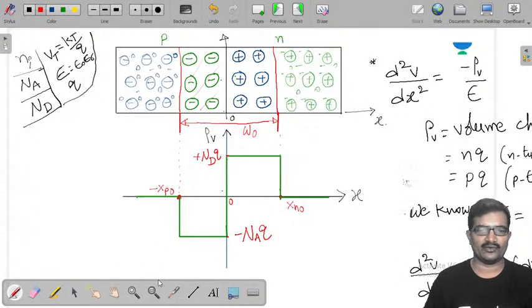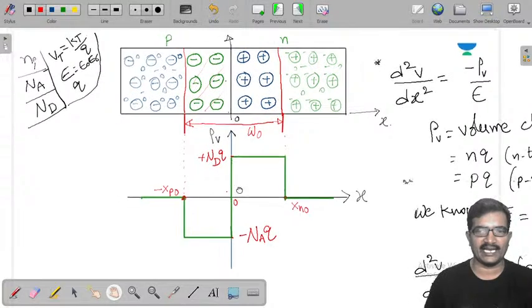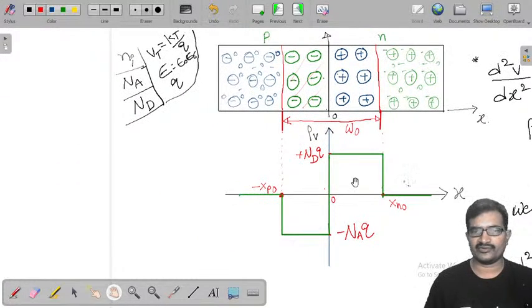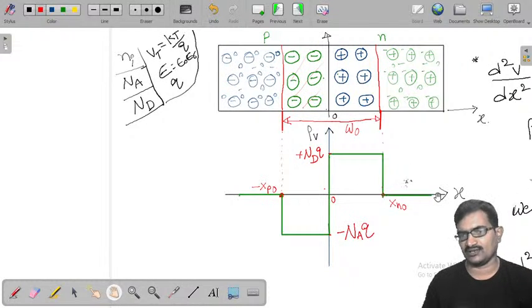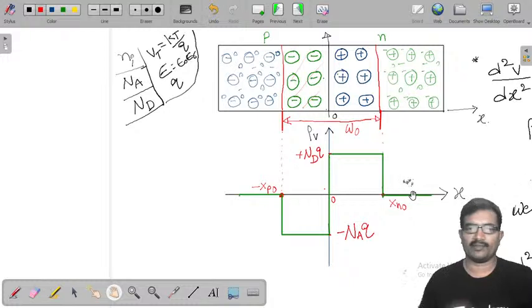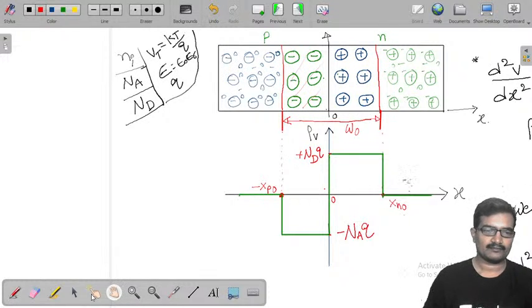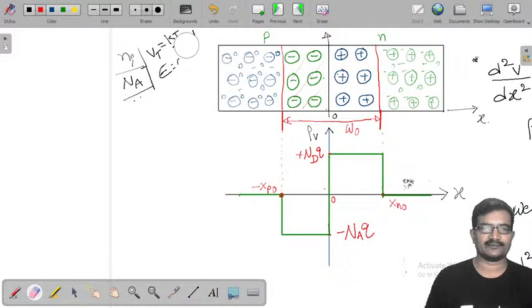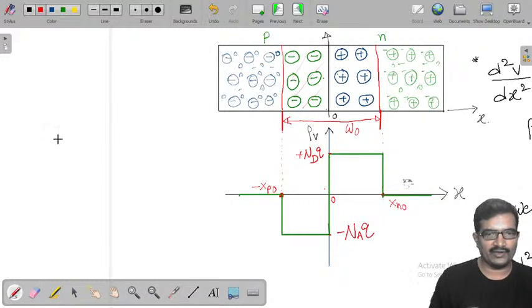So finally rho v is going to provide three different values. Up to minus xp naught it is 0, from minus xp naught to 0 its value is minus Na into Q, and from 0 to xn naught its value is Nd into Q. After xn naught its value is 0. Now I am going to represent that by an equation. Therefore rho v is